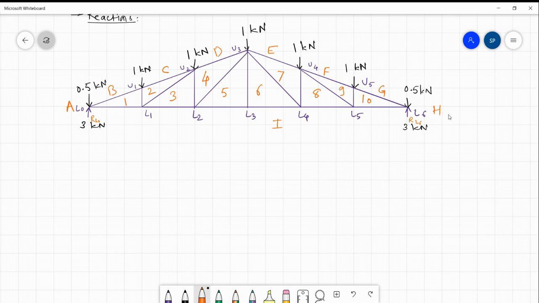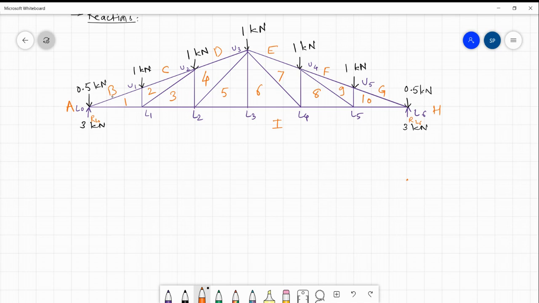So first we will start with plotting known forces, and from known forces we will find out unknown member forces. That is what the graphical analysis is all about. So here first I will start with this external load at the end panel point, that is 0.5 kilonewton. For that the Bow's notations are A to B. If I start with this point here,